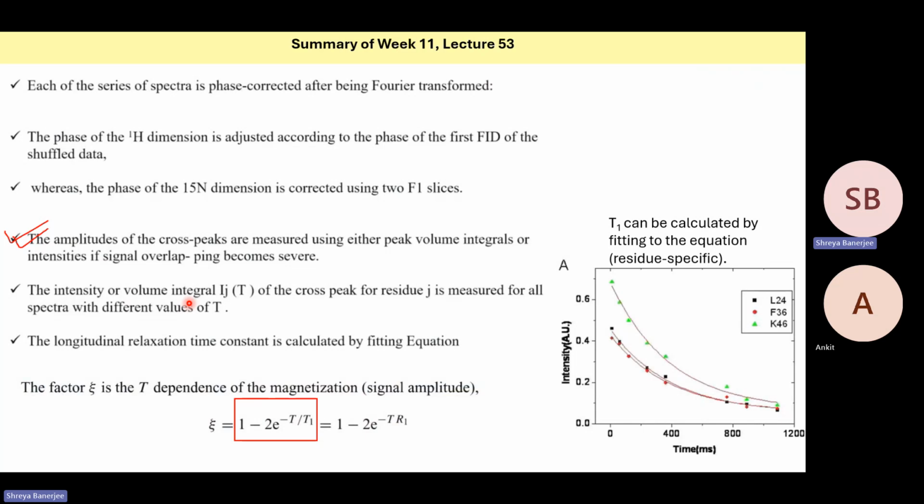The intensity or volume integral I shown here of the cross peak of residue J is measured for all the spectra at different values of T. You will get a graph. This is a residue specific experiment. So suppose you have a protein. Here 3 residues are shown: leucine 24, phenylalanine 36, and lysine 46. For each of these 3 residues, you will get